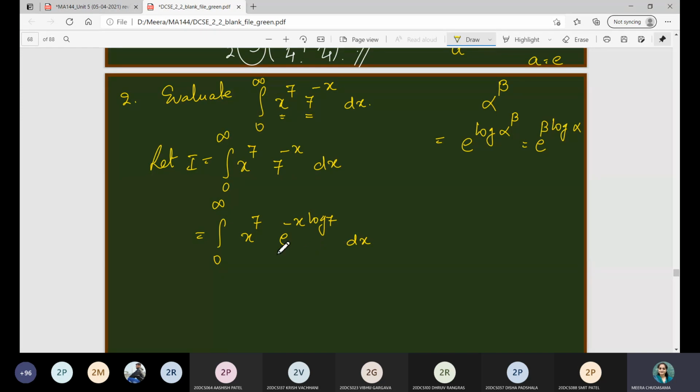Now to convert this in terms of the beta function, sorry, gamma function, I must have e raised to minus